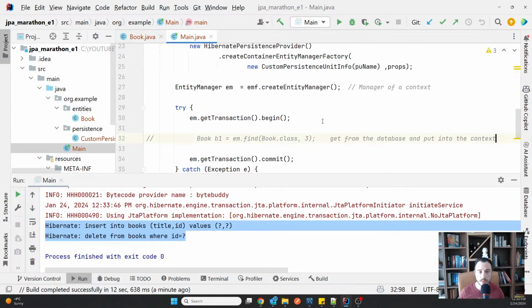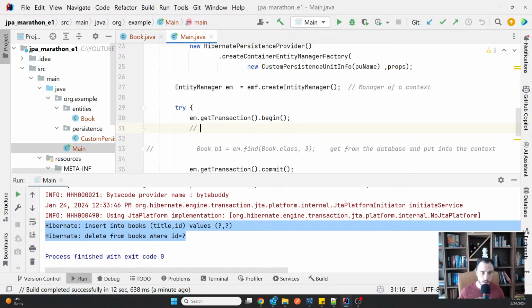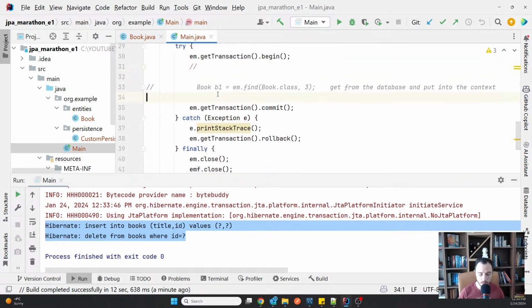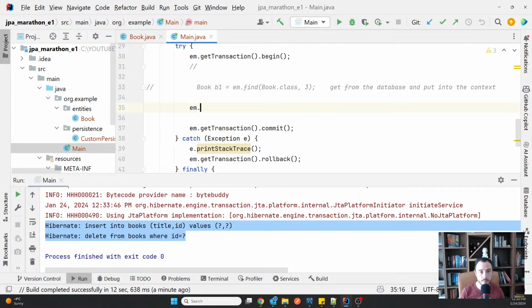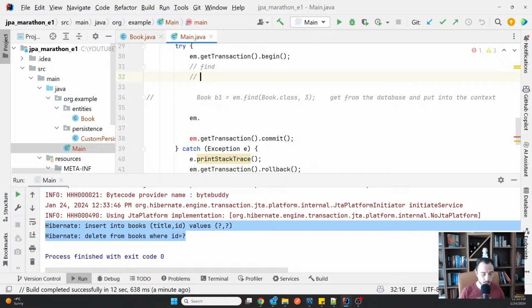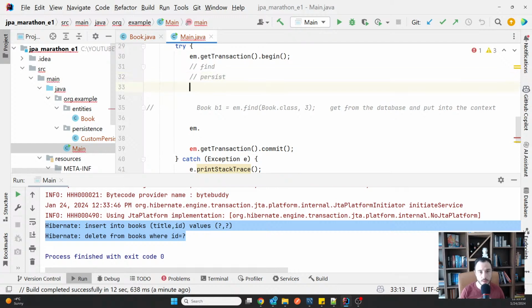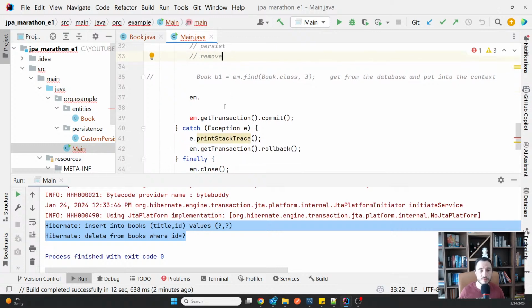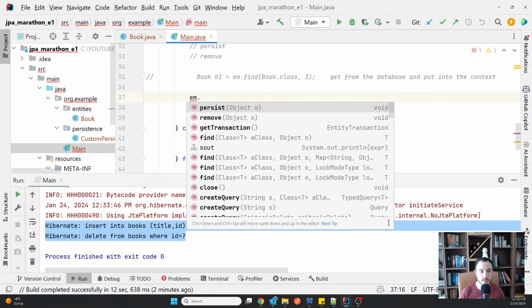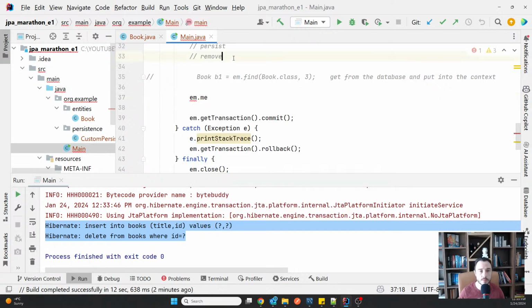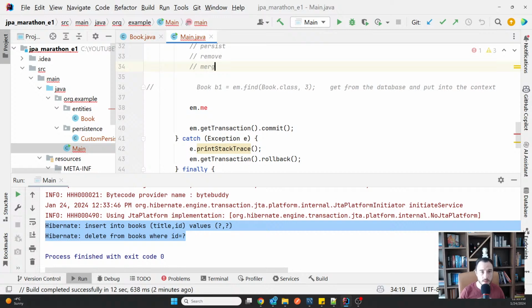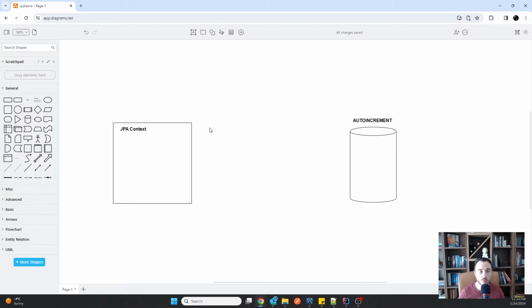So I'm gonna say we can continue with the entity manager operations. Now we say entity manager, we said find, we discussed persist, we discussed remove, and then we have a few more, like you can merge something into the context, which means that thing is already outside of the context and you just want to put it in the context.